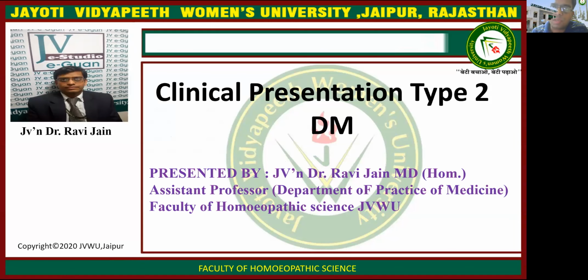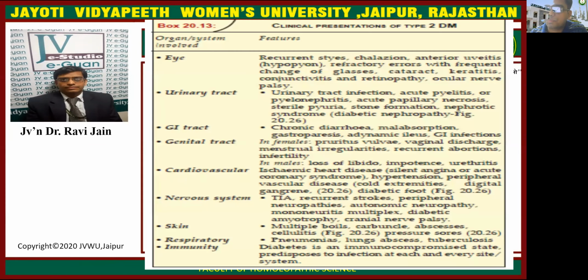Whenever a patient of diabetes mellitus type 2 is coming to you, how will you examine them? And what are the various clinical features with which the patient will be coming to you? This is the clinical class. Now, clinical presentation. Whenever a patient of type 2 diabetes mellitus is coming to you, there are multiple things from which you can check that patient. From head to toe, there are various things which could be checked. And in today's lecture, we are going to discuss that.